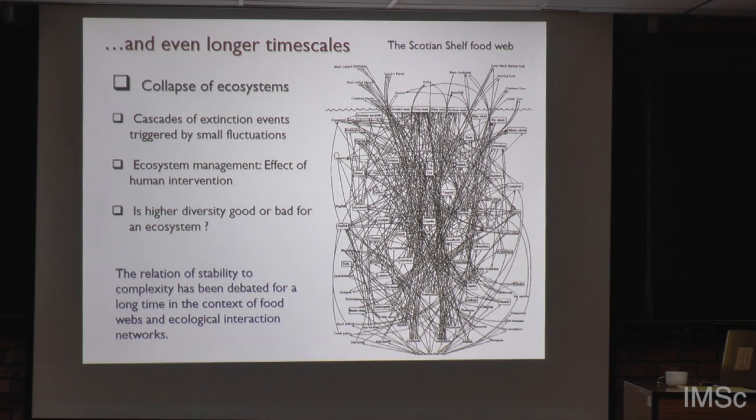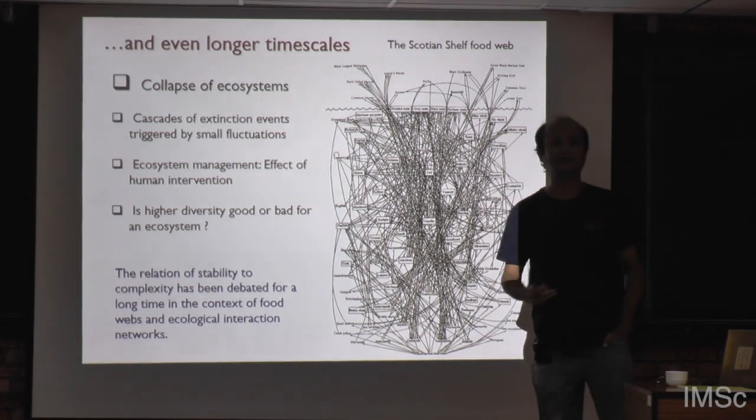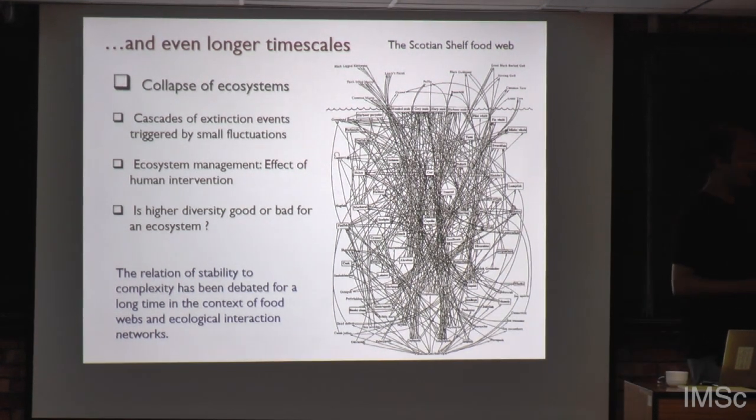And sometimes you are interested in even more fundamental questions. You could be asking, is higher diversity, or does having more species interacting with each other very densely, is it good or bad for the robustness or resilience of the entire ecosystem? Now it turns out that although this question seems fairly innocent, and if you ask some people, of course they would say that